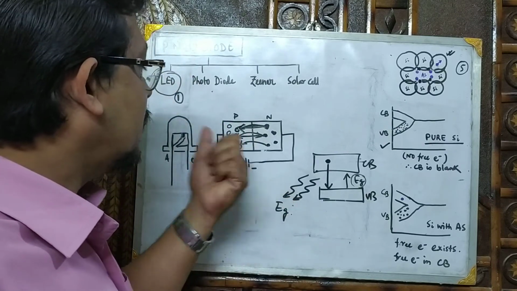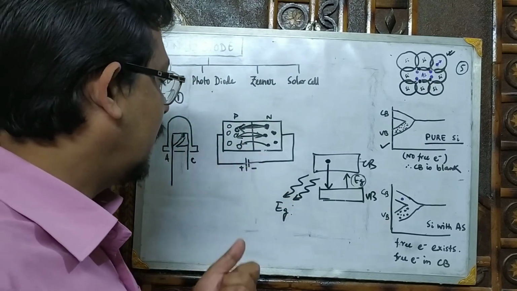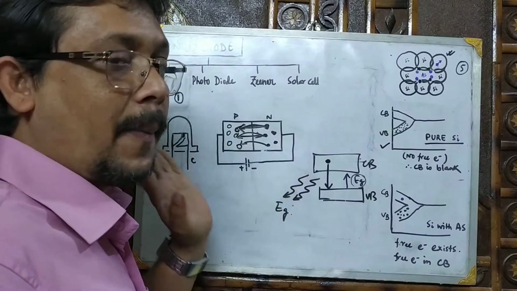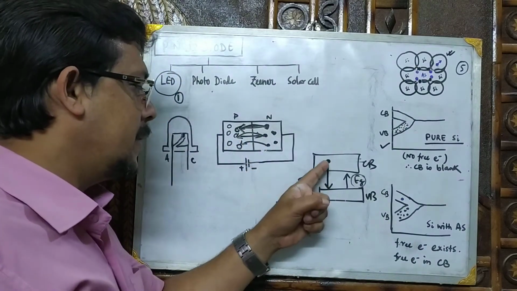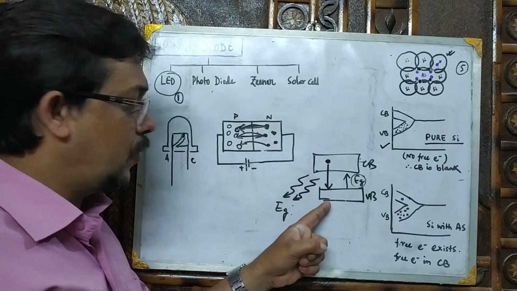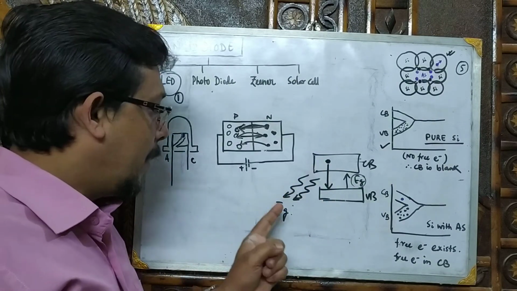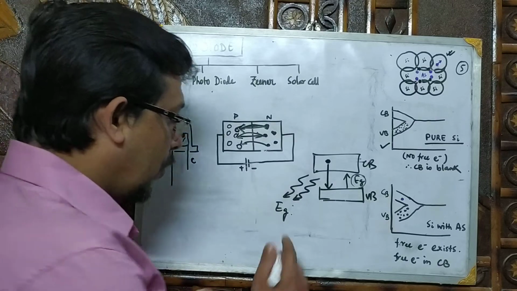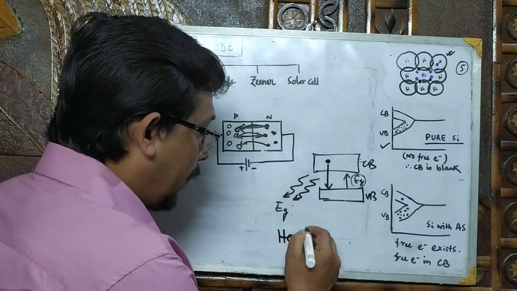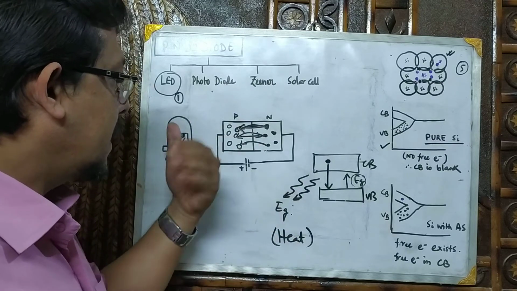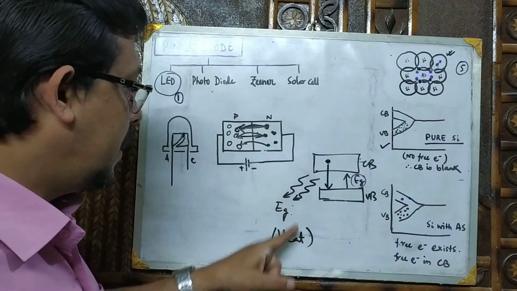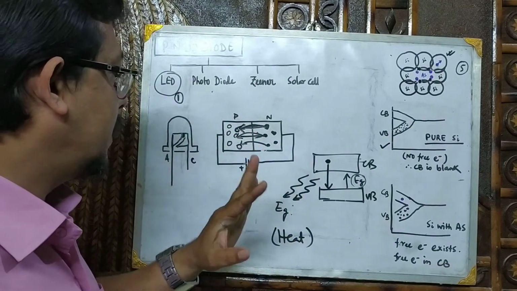Now what happens in silicon or germanium normal PN junction diode? In PN junction diode, this thing happens continuously. Due to recombination, this type of energy is released. Electron jumps from conduction to valence band and energy is released. But this energy comes out in the form of heat, remember. So the simple PN junction diode, after running some time, it becomes hot because the heat is generated here for silicon and germanium.